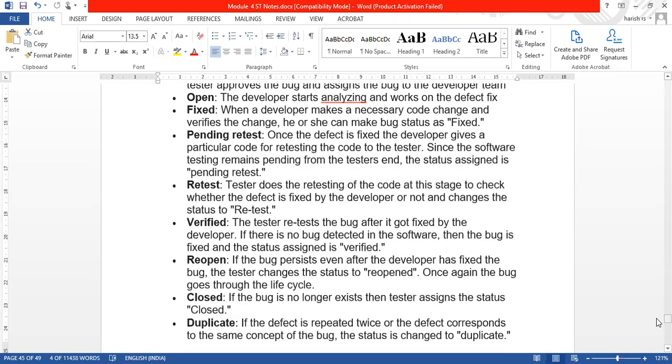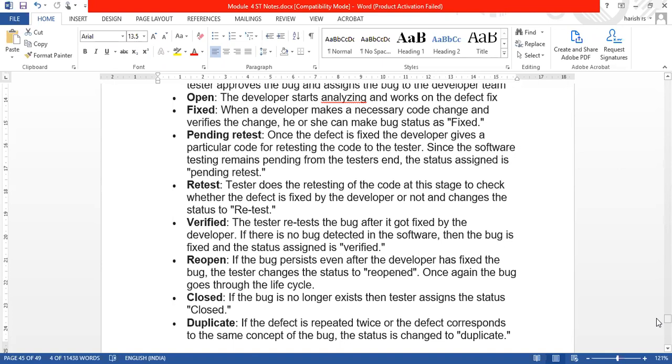Once the defect is fixed by the developer, the particular code is tested again and again. Once the retesting is pending at the tester's end, maybe the developer will test on his end, but after it is given back to the tester, when he has not tested it again, then we call that pending retest.